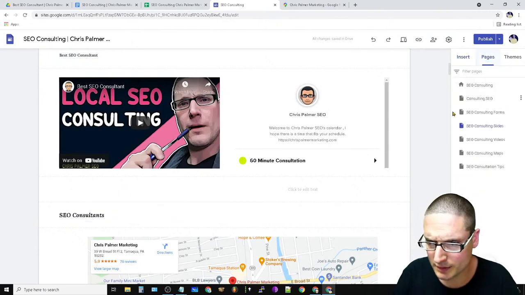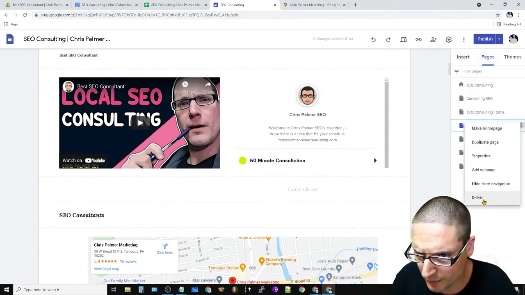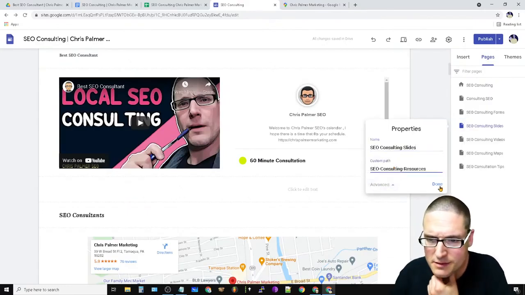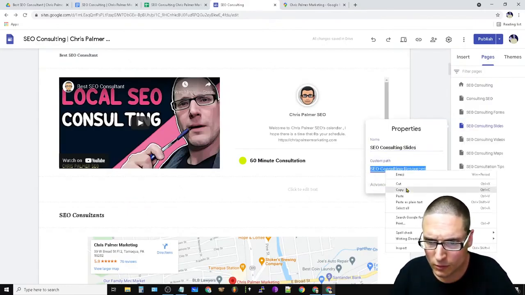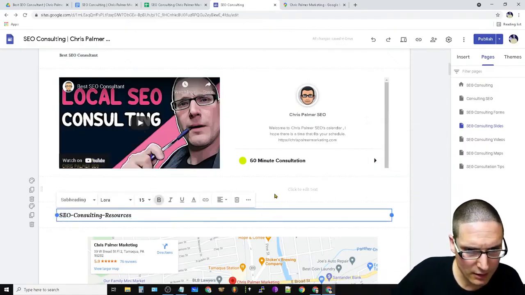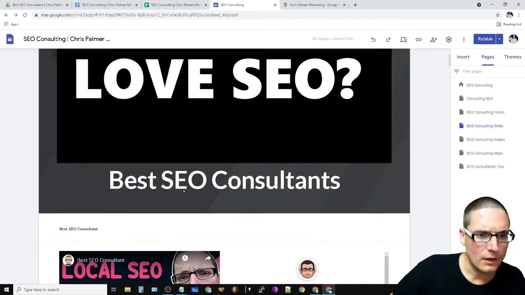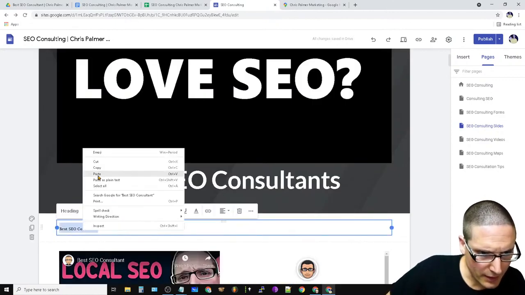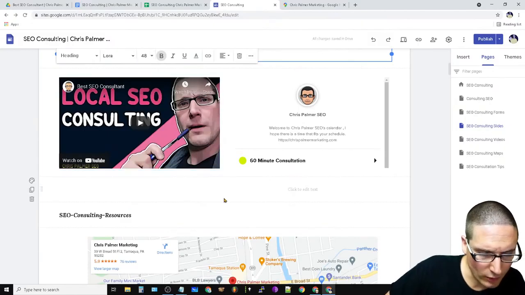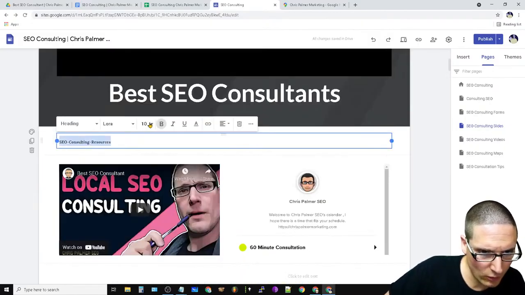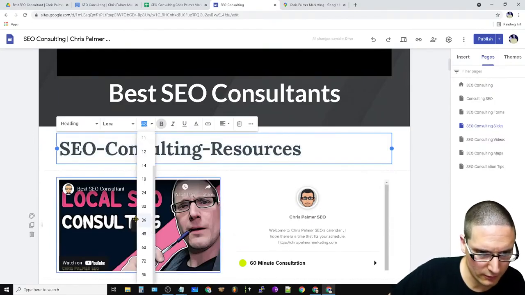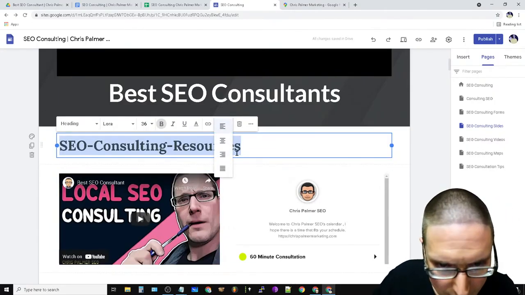Okay, now we got to go back to pages. I need to see what I called it briefly here. Properties, advanced, resources. Okay. Now we come back down to here, paste that in. Up here, again, paste. We're going to make that a little bit bigger. We're going to make it like a 48. Sounds pretty cool. 48, or is that too big? I don't know. We'll go a little smaller. 36. Okay. Bring that into the middle.